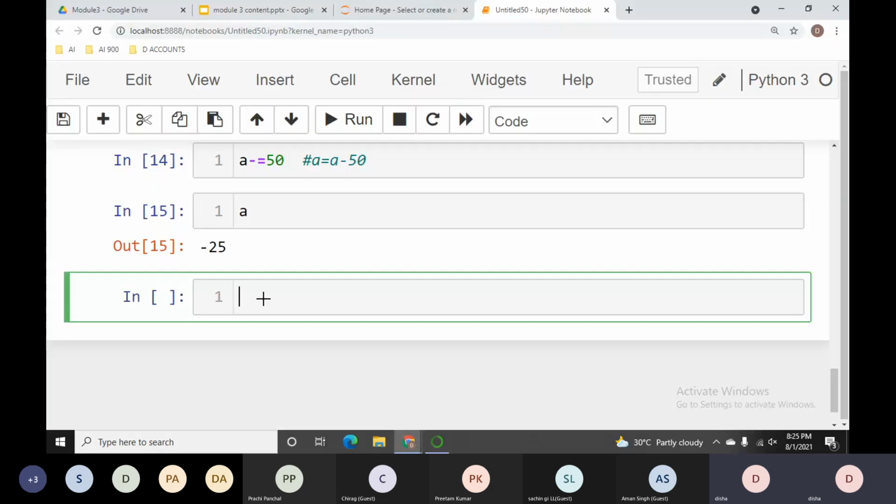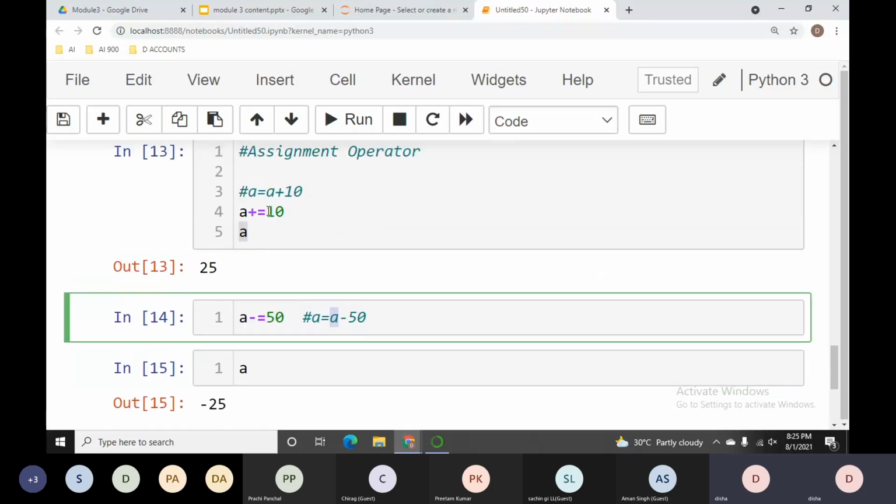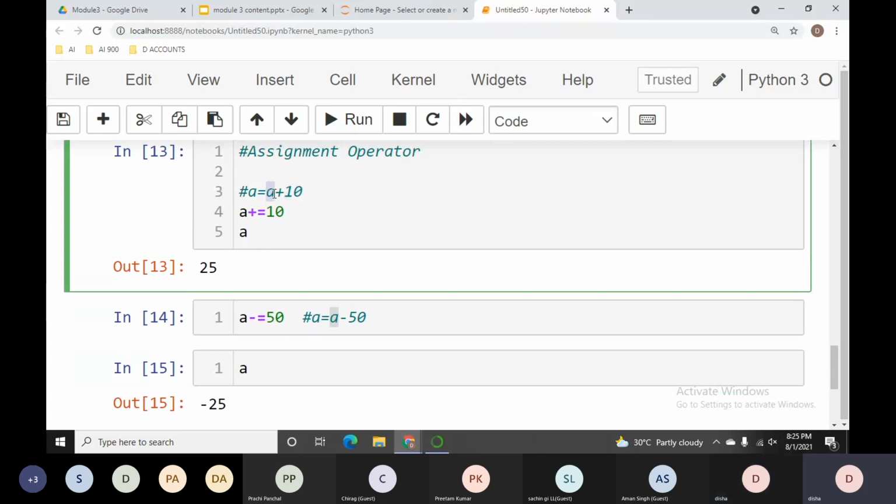What we are doing is simply writing our variable and then subtracting or adding that value into that variable. Like I said, A minus equals 50, so I'm subtracting that value from this A. Before, I was adding this 10 into this A, right?